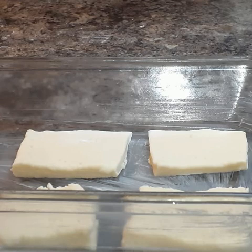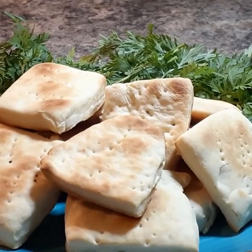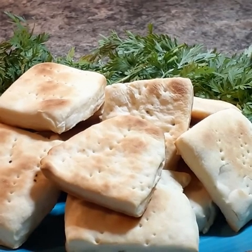And then guys, we're gonna bake this at 350 degrees for 15 to 18 minutes. So guys, here we have it. The homemade crackers is now finished, and this